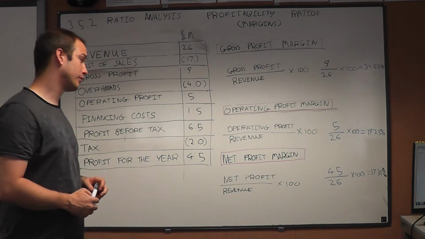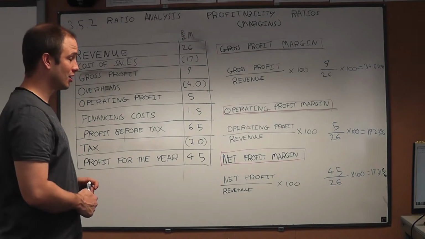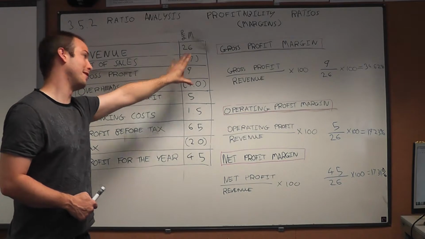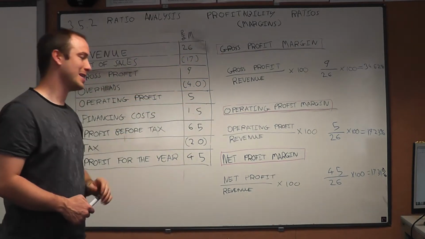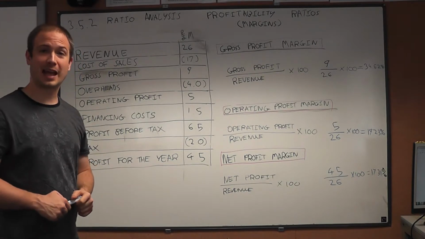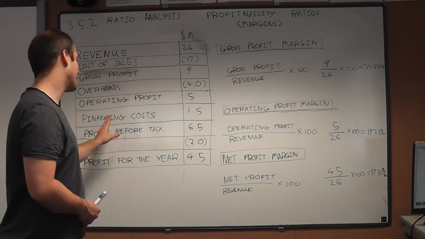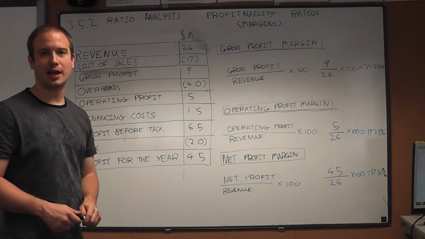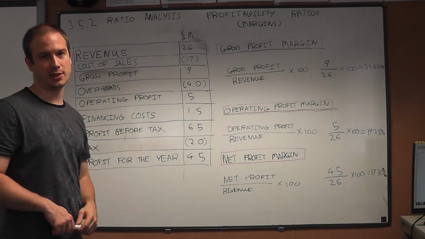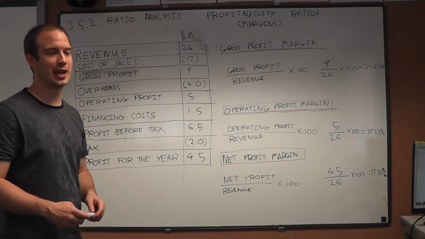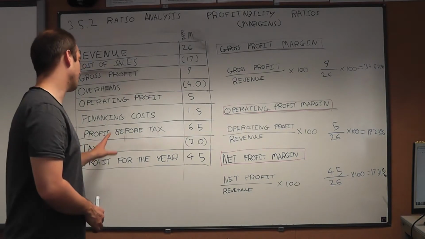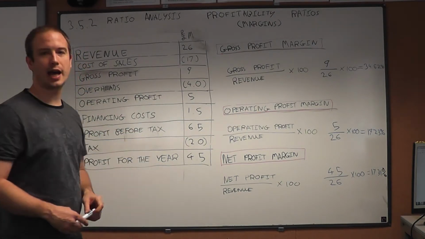And you can improve the net profit margin in a number of ways. You can boost your gross profit to boost your operating profit to boost your net profit margin. But also you can try and find a better accountant or try and be more efficient at paying as little tax as possible. So perhaps a large business might register themselves in a tax haven like the Cayman Islands, for example, in order to reduce their tax